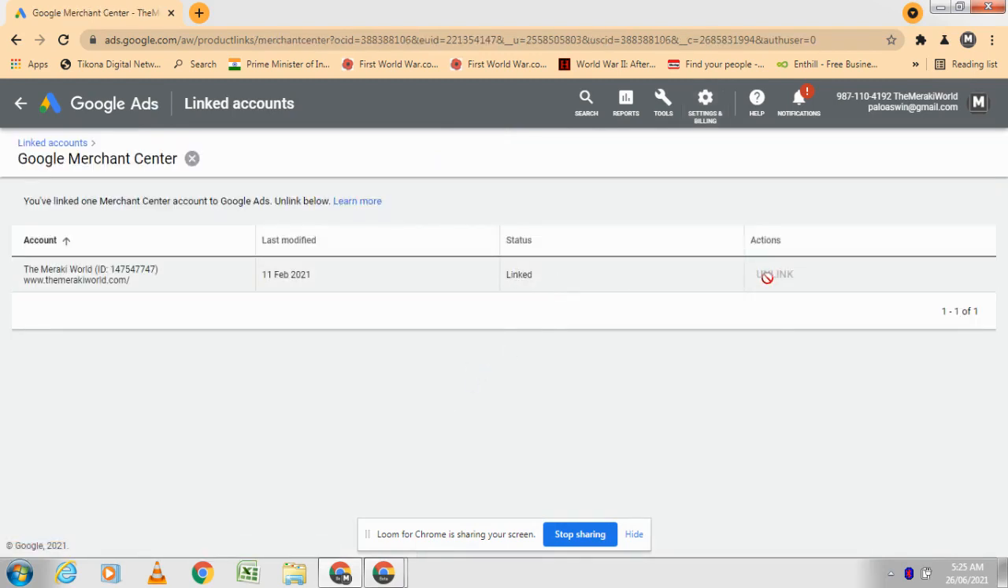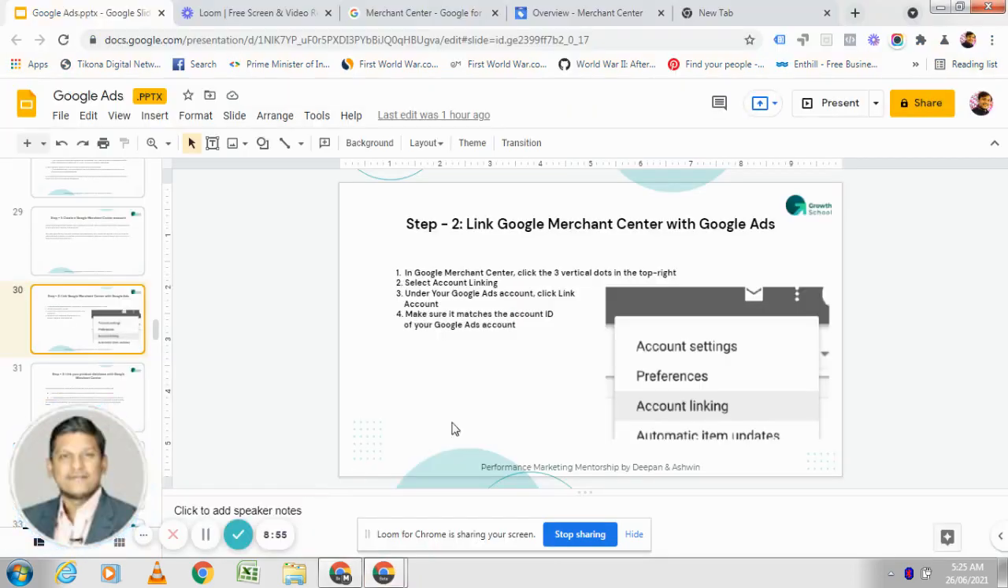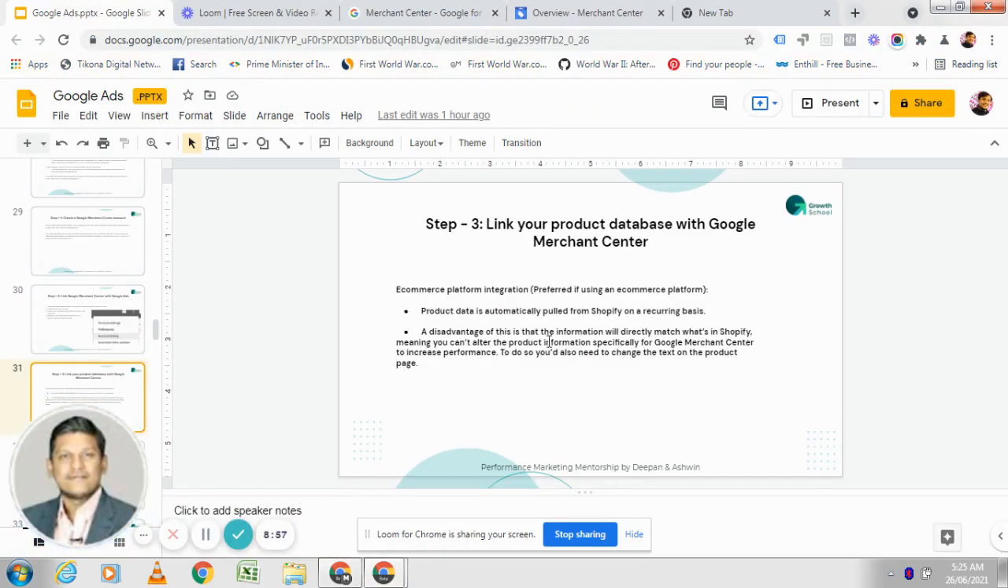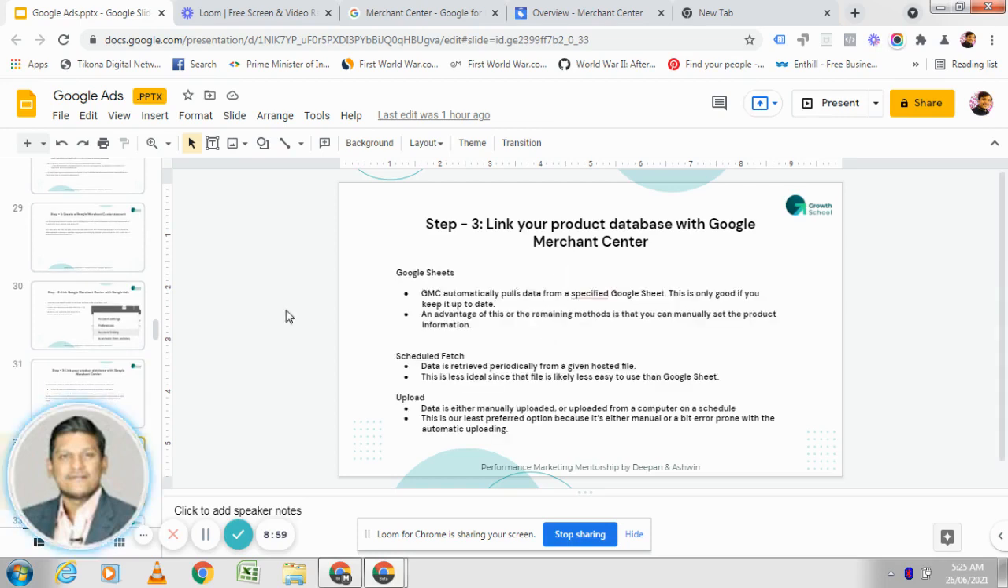It will ask you to link here. If you click it, it will ask you to authenticate it. Once you do that, automatically it will be linked. Okay, so then the next step will be to link your product